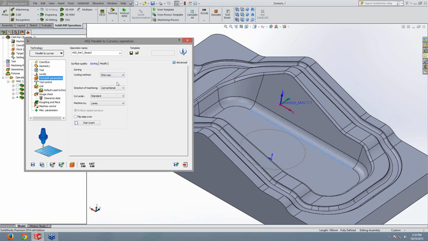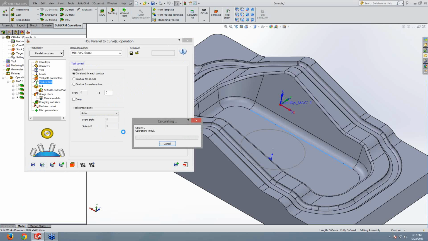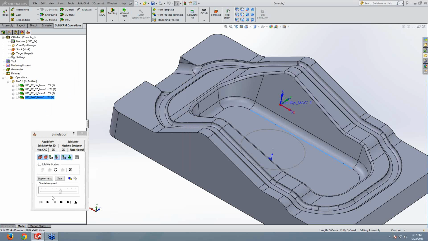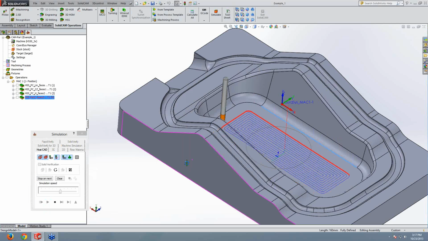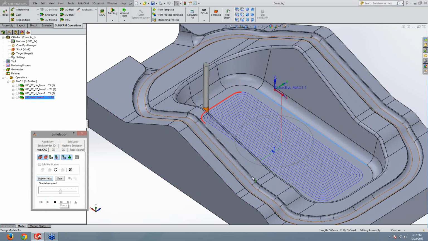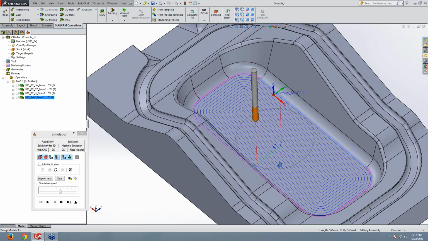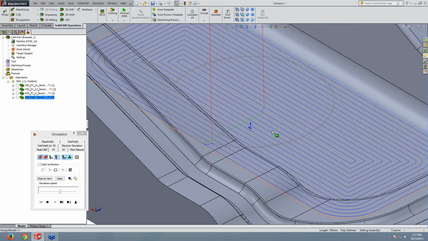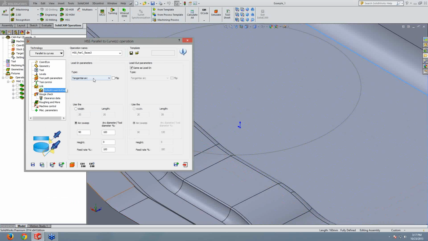I can use one way. And if we run the simulation, you can see we do parallel to this curve. They always look very nice. And here you can see we have a horizontal arc, I can go to lead, change to a vertical,